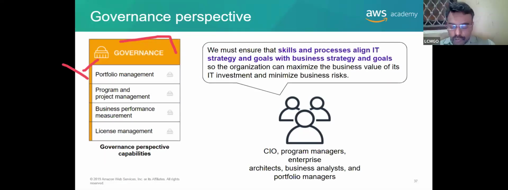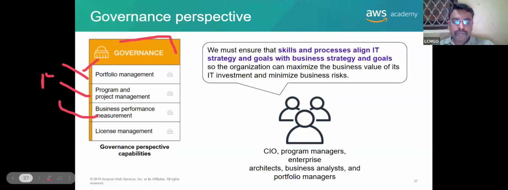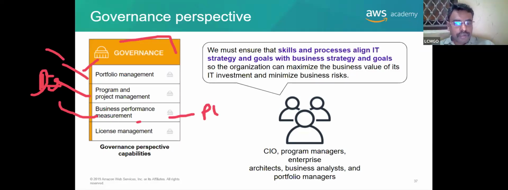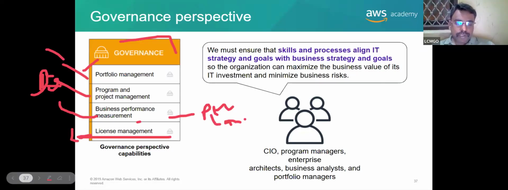So, what is portfolio management? You know that proper background verification happens in every company. The government will ask you for proper records. If they are coming with fake records, we have to verify that and properly manage their portfolio. Next, project management: the profit and loss and everything you have to mention, the project duration, and whether we have followed all the documents. This is their verification. Then business performance, whether it's going in profit or loss, whether we paid the tax and everything. Next, license management, whether you got the proper license, government approval and everything.